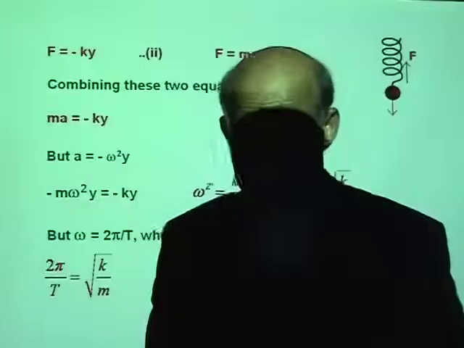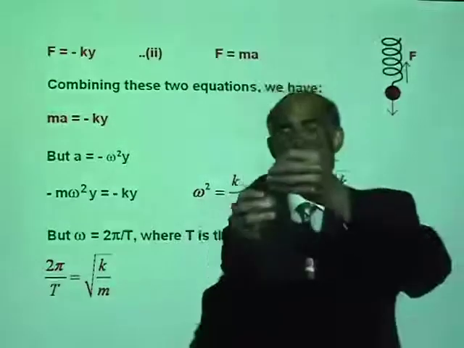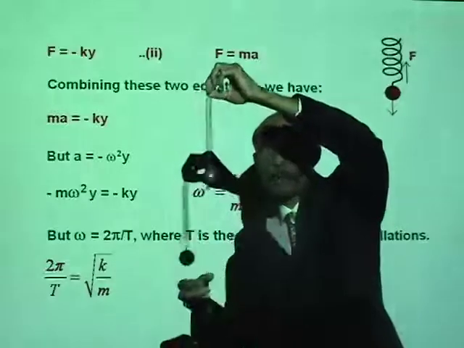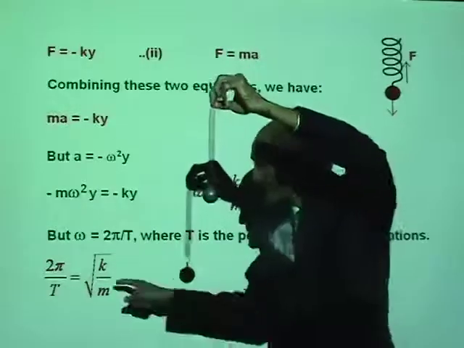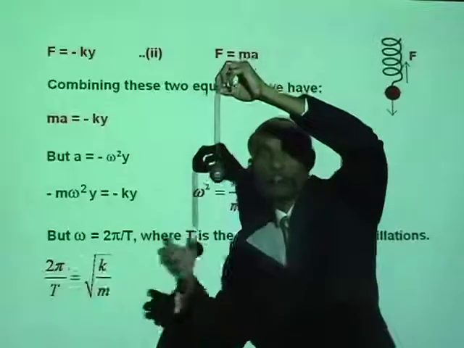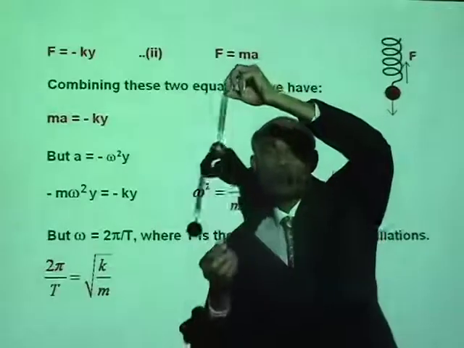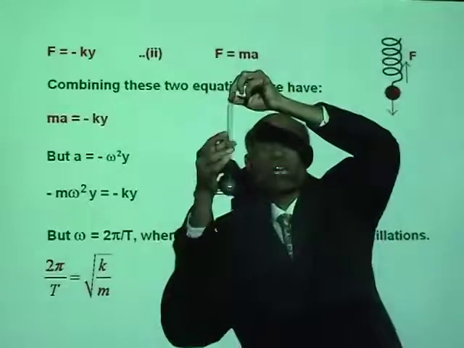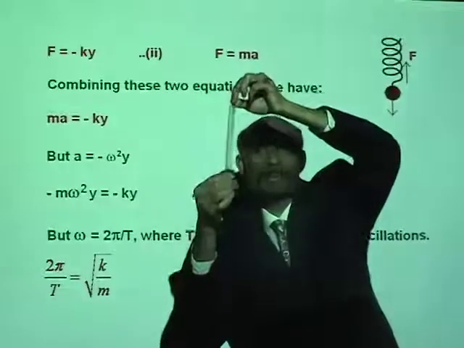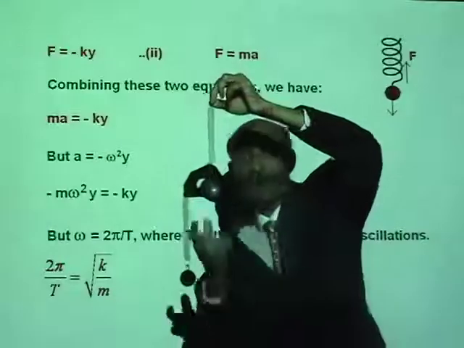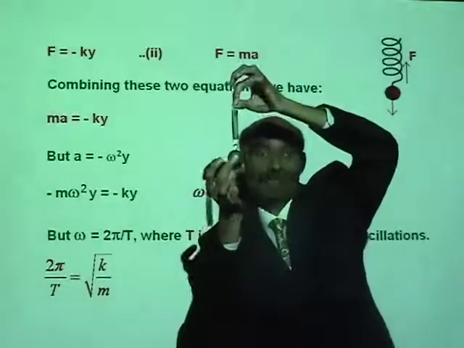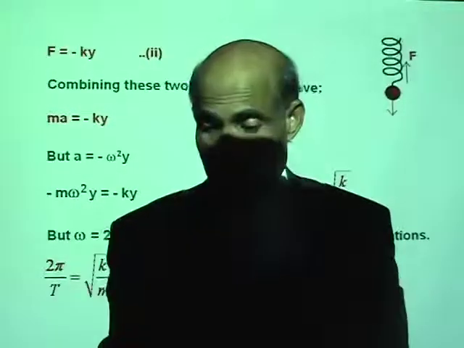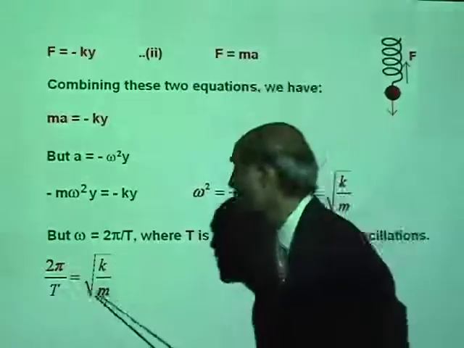Now, what are these things in here? This corresponds to the oscillations of a loaded spring. Well, what does T stand for? T is the period, the time for one oscillation. What does k stand for? k is the spring constant of the spring. What does m stand for? m is the mass of this object. So, we have 2 pi divided by the period equal to the square root of